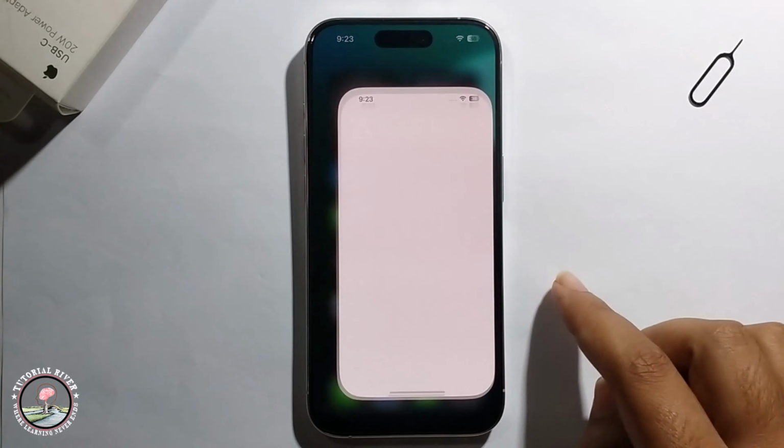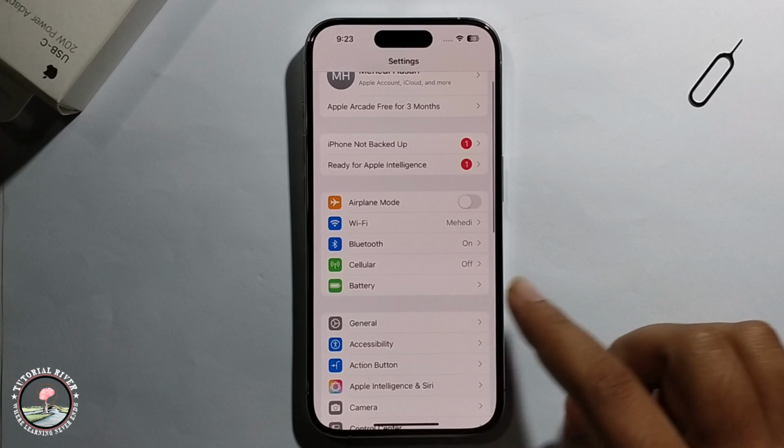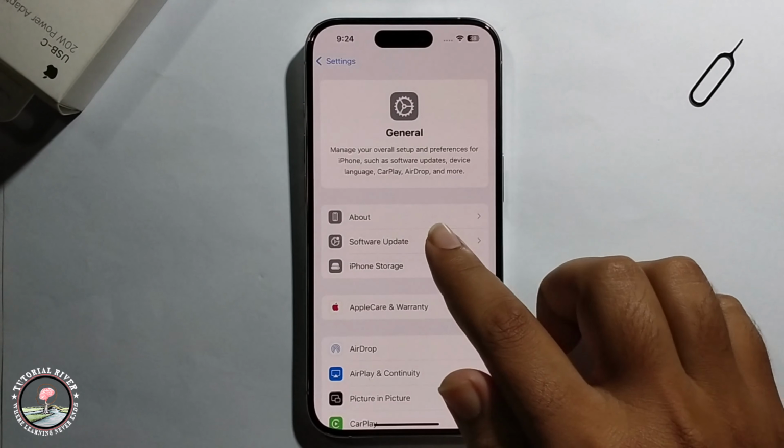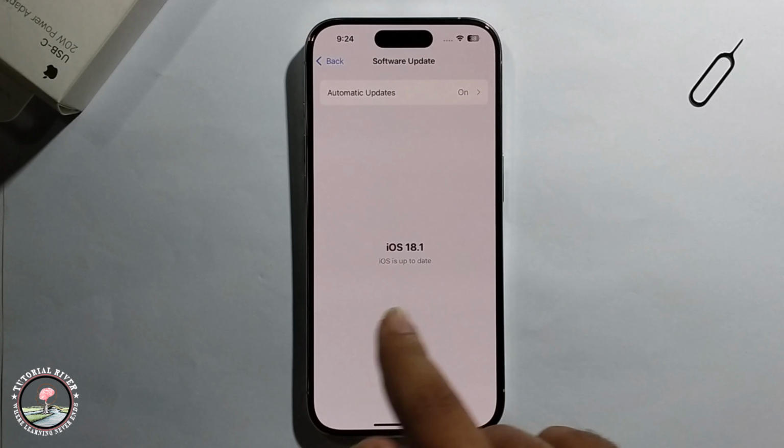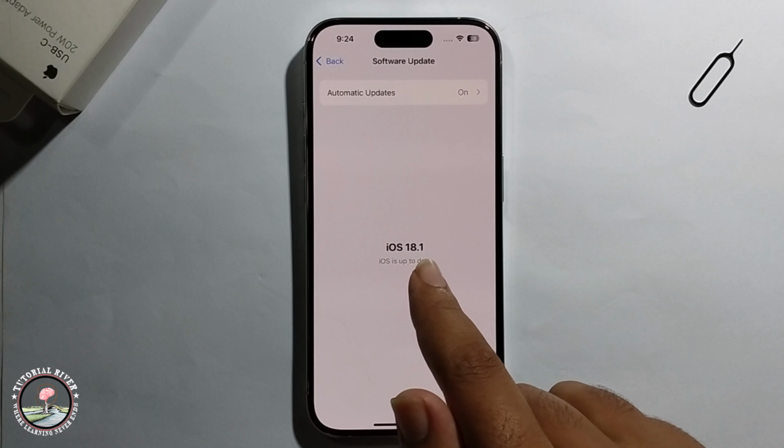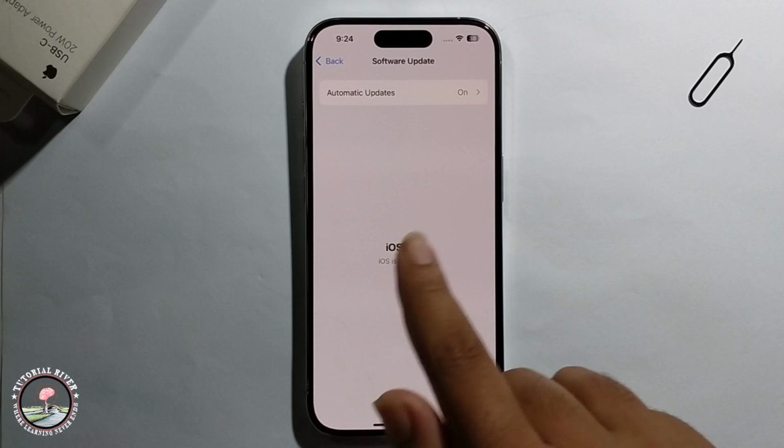So first of all, open iPhone settings, go to General, then Software Update, and you must update to iOS 18.1. I have already updated this. And the second solution,